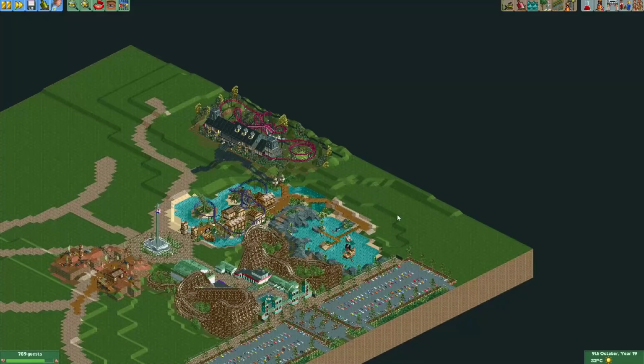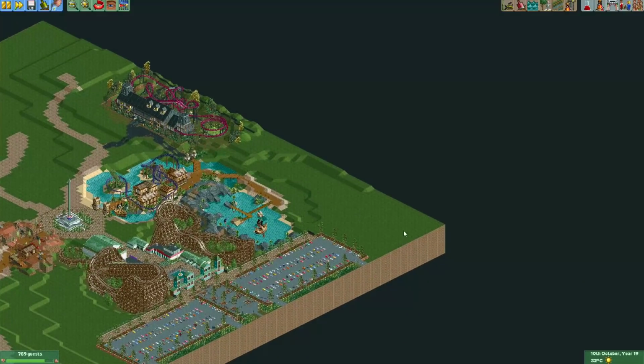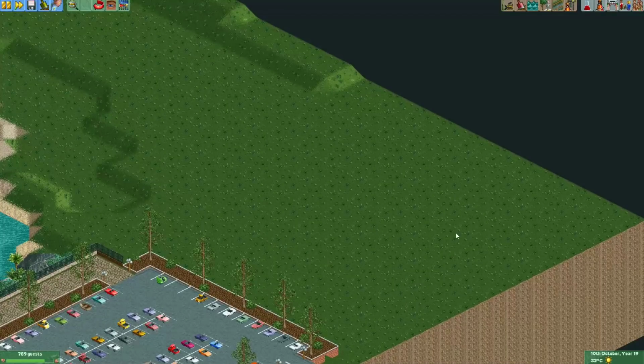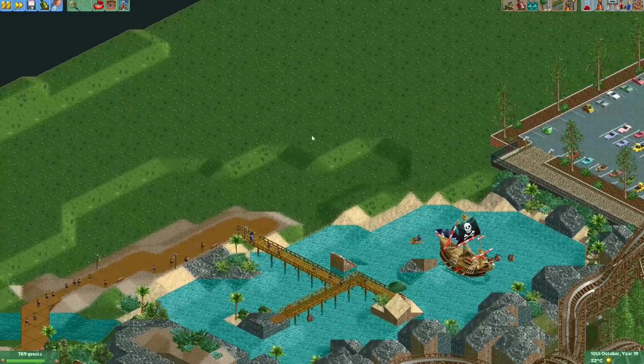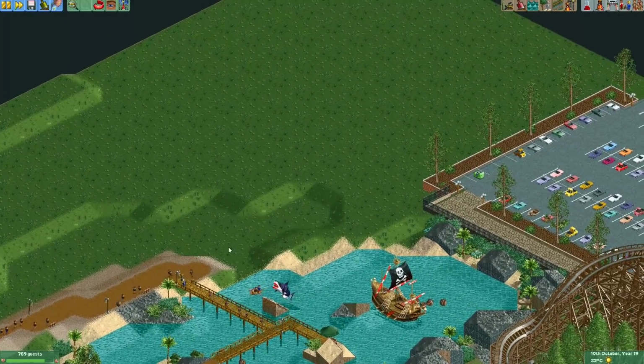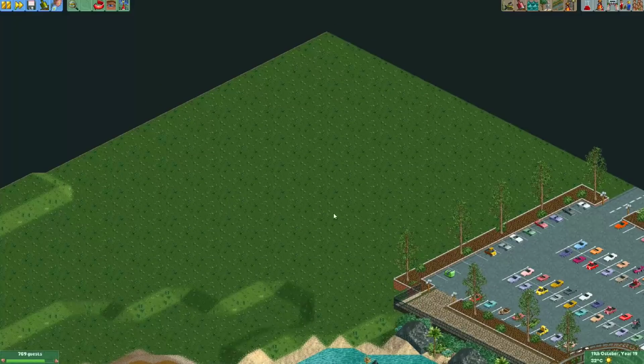In this episode, I actually want to continue on the pirate area. I want to extend it a little bit to over here, and I want to fill in this corner of the park. Now, how do I want to fill in this corner? Probably gonna make a little bridge here, and I want to have sort of like a volcano in this section, with